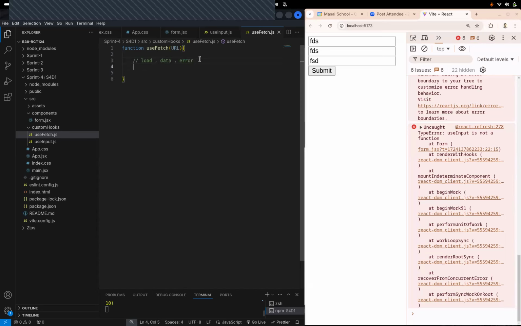I can directly write the return statement, right? We need these three things. Is it compulsory? Not compulsory, but it's a good practice, using three different states for error, loading, and data. Very good, Ashutosh. So we'll have let loading, comma set